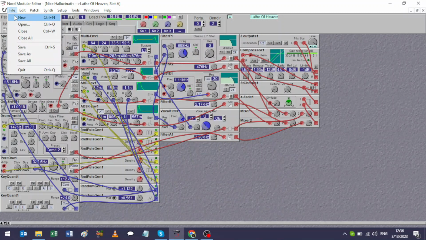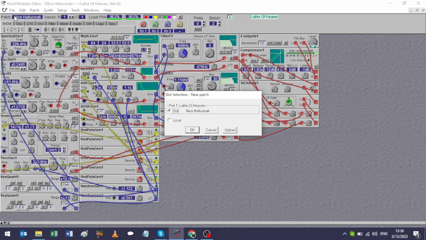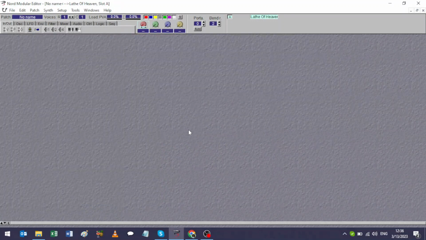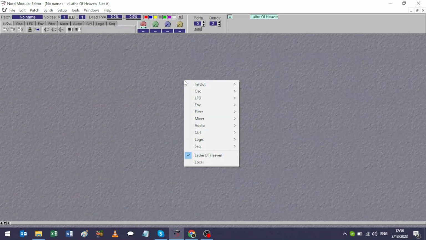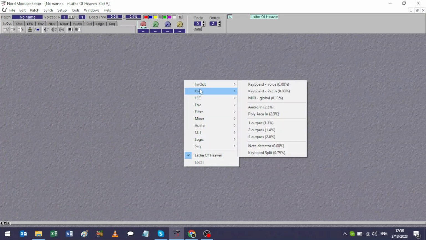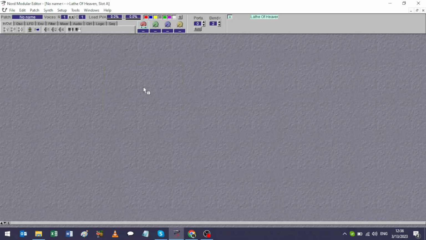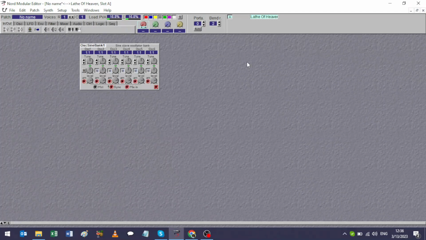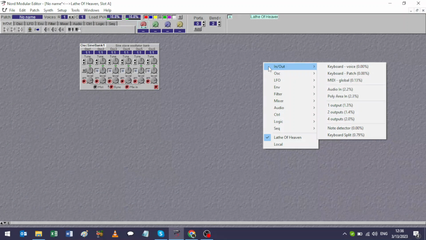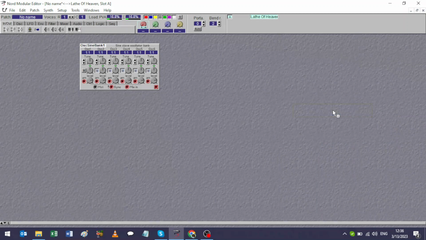Loading a new patch. Okay, and we're back to silence. Well, I can't say that I have zero plans in mind. Something I wanted to do today was demonstrate something for a buddy of mine, a guy named Troy. Troy has a modular synth, and he bought a module called the 4MS Ensemble Oscillator. And when I heard how it worked, it reminded me a lot of a module that is available here in the Nord Micro Modular,